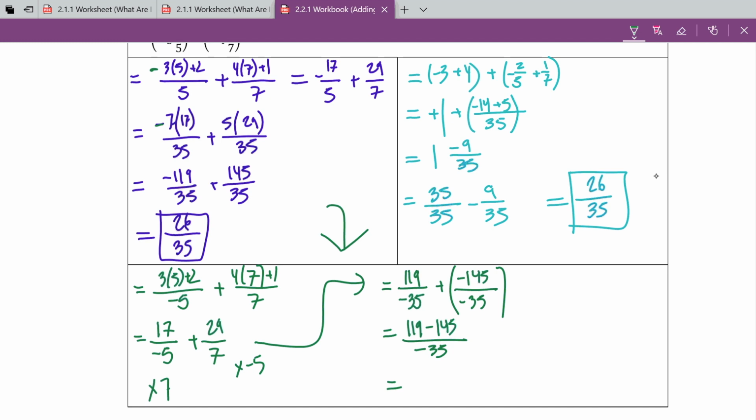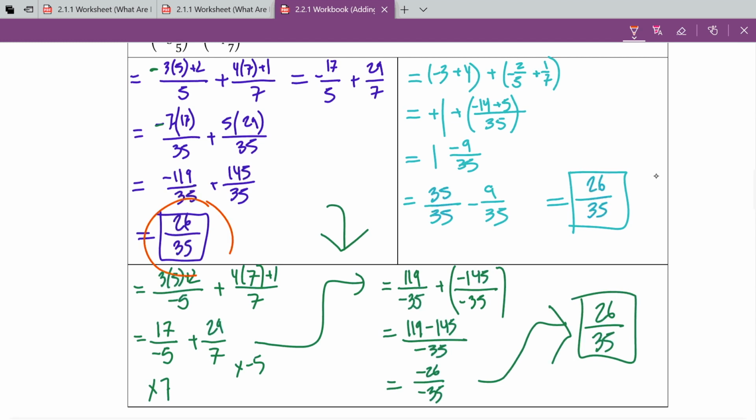And when we finish that off, we're going to get -26 over -35. And of course, a negative divided by a negative is positive, and so this simplifies as 26 over 35 like that. All right. Same answer as we got there. It's the exact same answer. It doesn't matter where you express the negativity of a term, whether it's in the numerator or the denominator, it all works out the same. All right, so let's